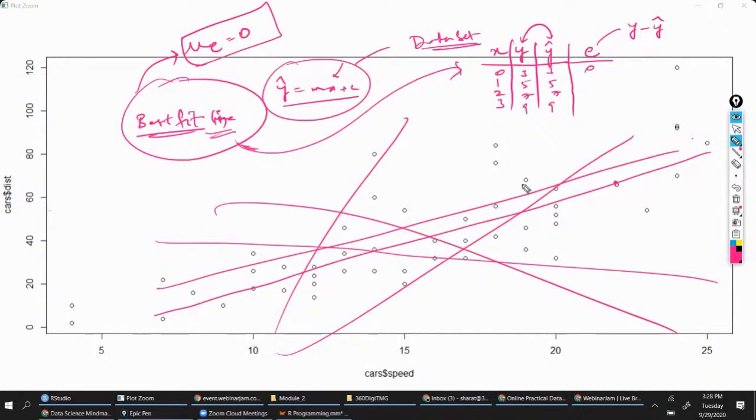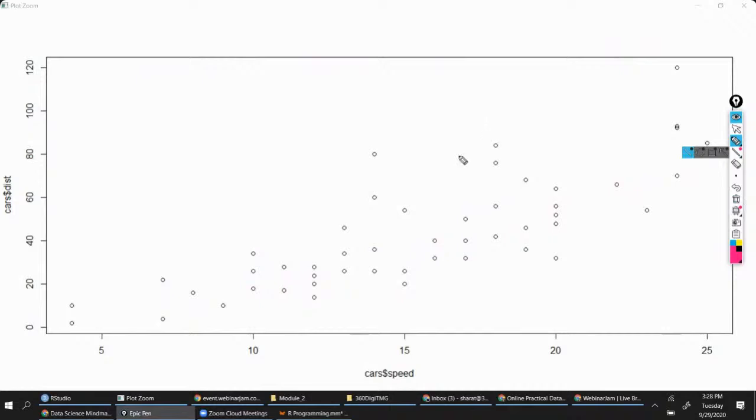N number of different lines are possible where you get summation of errors as 0. If summation of errors is 0, average is also 0, right? Because average is nothing but sum by total. So if sum of errors is 0, your average will be 0. So n number of different lines would be possible here. Among all these, you need to find the best fit line. That means the line should give us the least deviation or least variation or least error. But how do you get that least error? When you're taking summation of error, it is giving us 0, right? That is the least value,